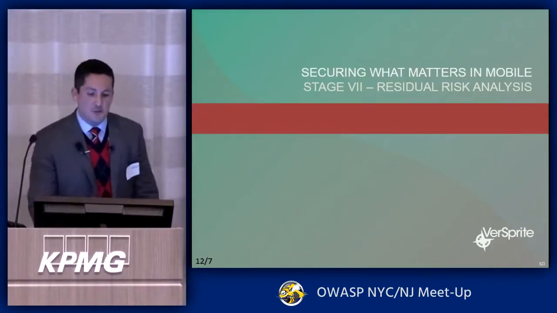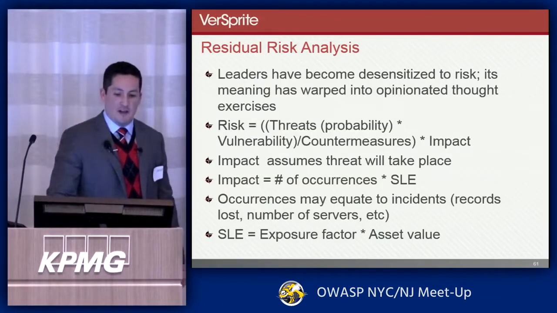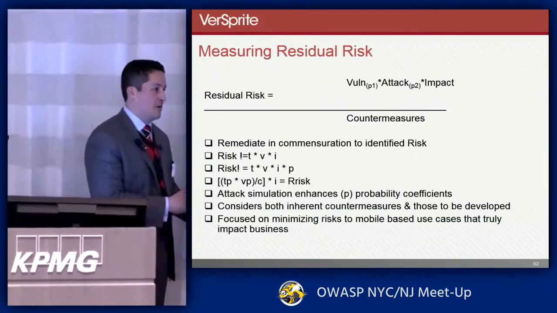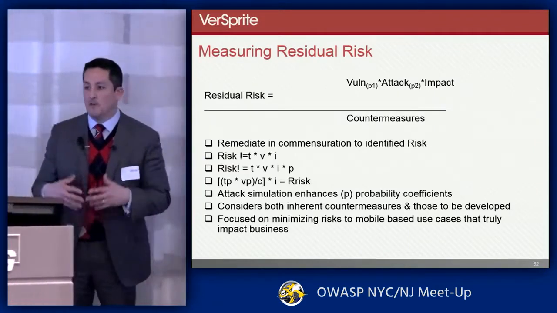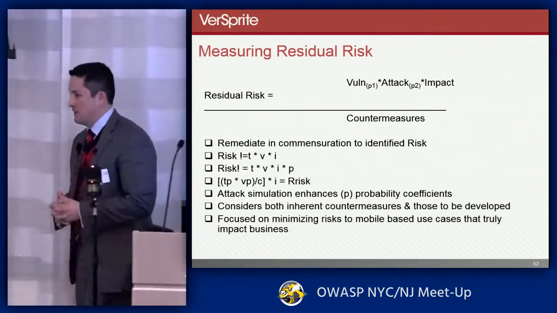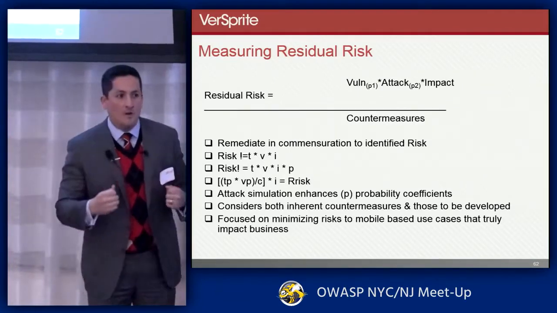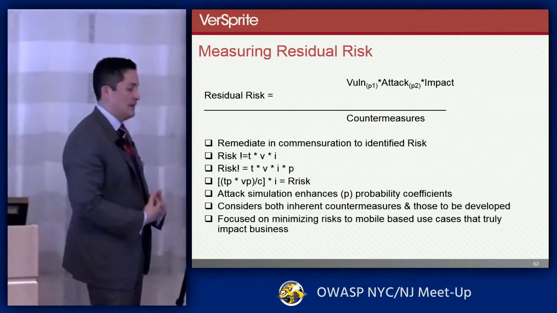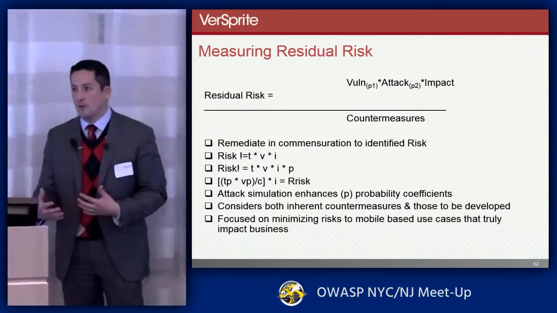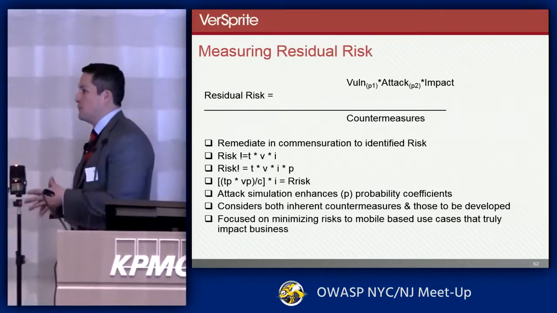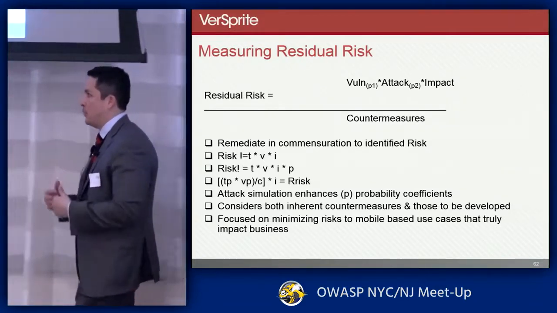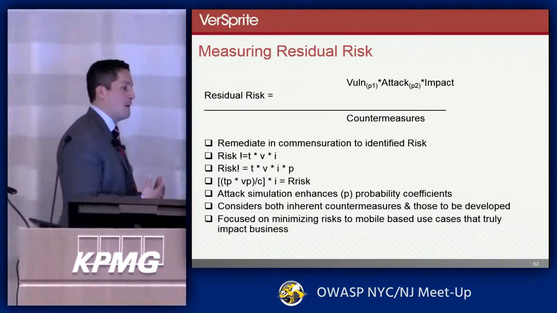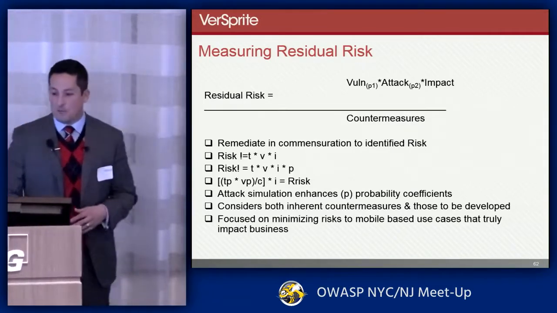The last stage is simply residual risk analysis, and this basically culminates everything I just mentioned. Risk is a formula, but it's really about residual risk, right? You're always going to have risk. It's like what they teach about in financial brokerage: you always have a level of risk when you invest. And in security, you're never going to have a zero level of risk, but you have to have a level of risk that can at least mitigate the most viable attack patterns that support credible threats out there. And so this is a responsible, pragmatic, yet risk-based way to look at application threat